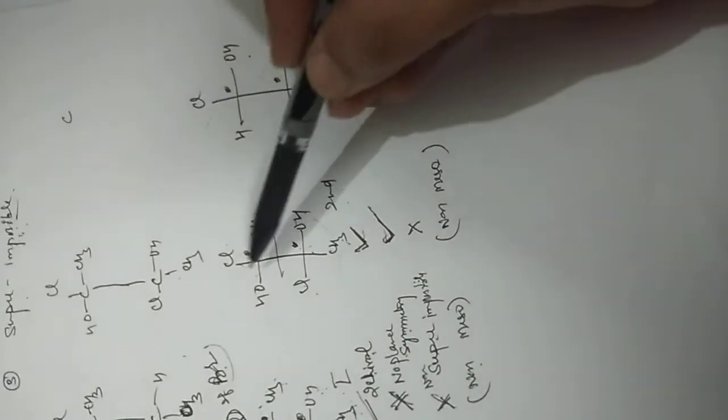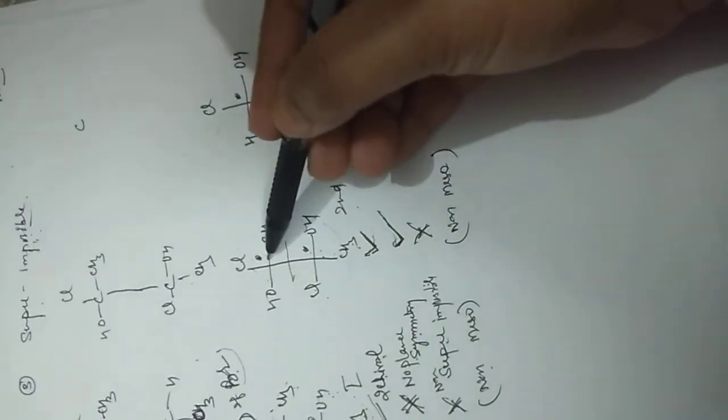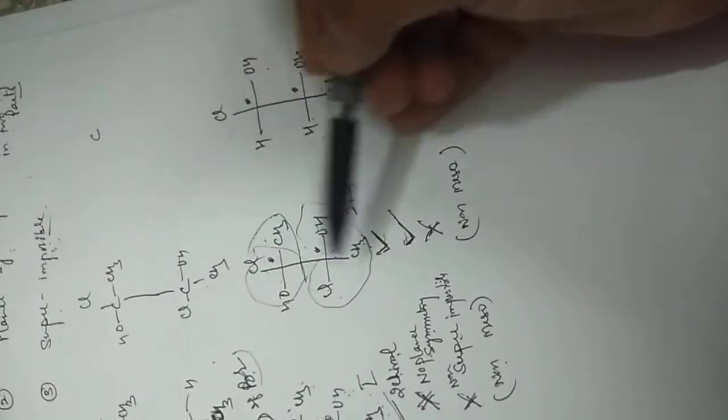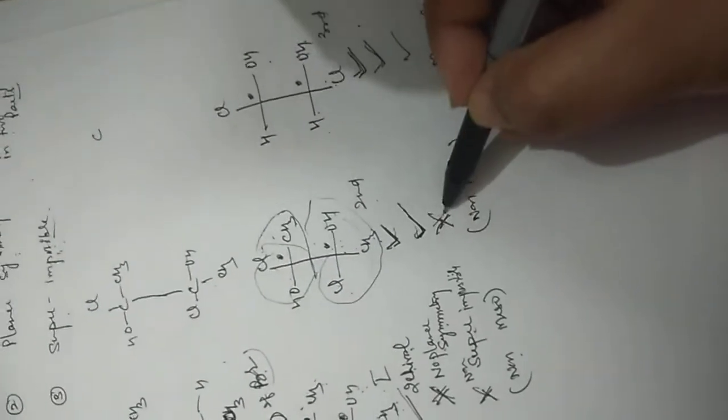In the second compound, Cl, CH3, OH, CH3, the condition is not complete. If this part is placed on this part, they do not overlap, because CH3, OH, OH, Cl, chlorine, CH3 do not overlap. So this condition is not complete. In the third compound, when it is cut here, Cl is placed on the Cl, OH placed on the OH, H is placed on the H. So this is superimposable.